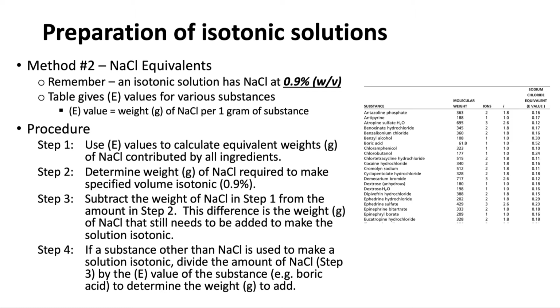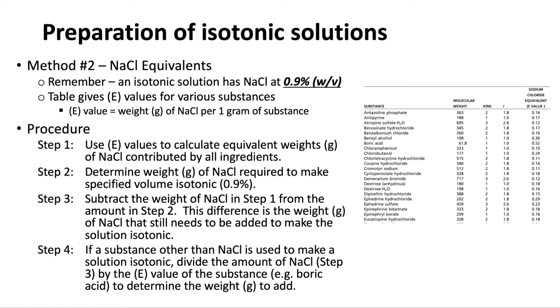All right, so we know how much equivalent sodium chloride is coming from all of our drugs. We then, based off of whatever volume we're compounding, determine the amount of sodium chloride we would have needed of pure sodium chloride to make it isotonic. Since we know the solution has to be 0.9% sodium chloride to be isotonic, we can determine our target amount of sodium chloride. Once we know that target amount, we subtract the amount of sodium chloride coming from all of our active ingredients, and whatever is left, this difference, is the amount of sodium chloride that needs to still be